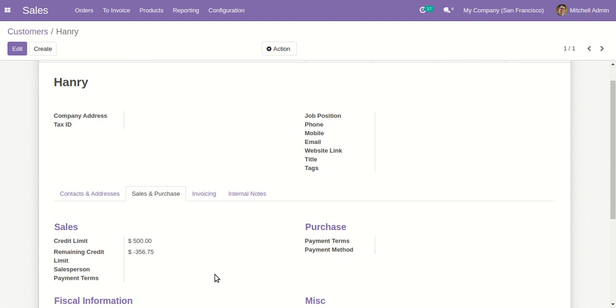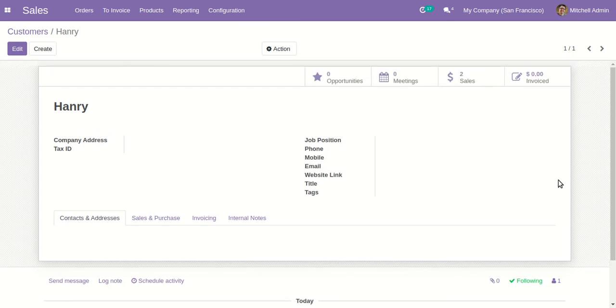So like this, the system will automatically track each and every customer's related credit limit, and whatever sales order generation operations are performed for this customer, the system will automatically check the total amount against the remaining credit limit and behave accordingly, right? So that's the use of our credit limit module. Thank you so much for watching this video.